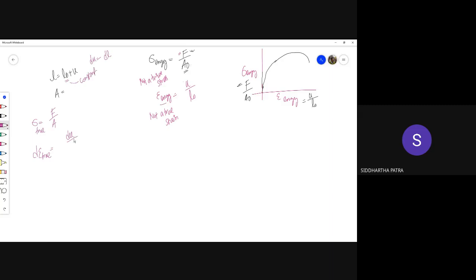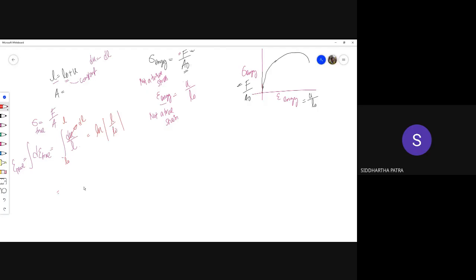Okay, so divided by the current length, the updated current length, not the original length. So once I integrate this quantity, I have the true strain. This elongation is happening over 0 to, oh sorry, since du is dl, the length is changing from L0 to L. So that quantity actually becomes the natural log, ln of L by L0.